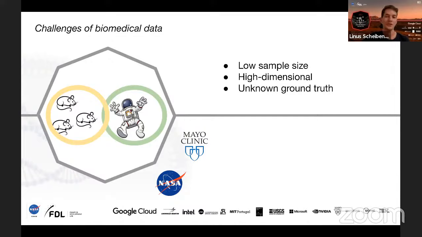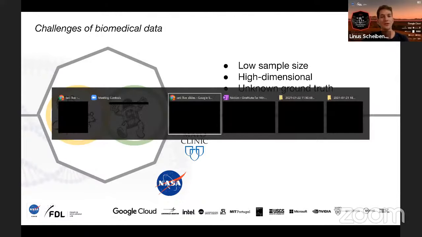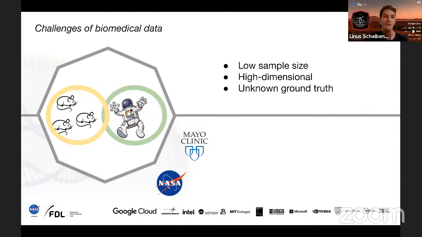Odin mentioned it before: it is very difficult to obtain the type of data that we are working with. We cannot just go around and irradiate people or mice at will to produce our data, so we're restricted to relatively small data sets that already exist, either from space missions or from experiments on Earth where the radiation is simulated. Given that many of the causal inference tools that we are trying to use are relatively data hungry, this is a problem for our approaches that we have to tackle. One of our approaches is to combine the mouse data, from which we have relatively much, with the human data, which is even more scarce.